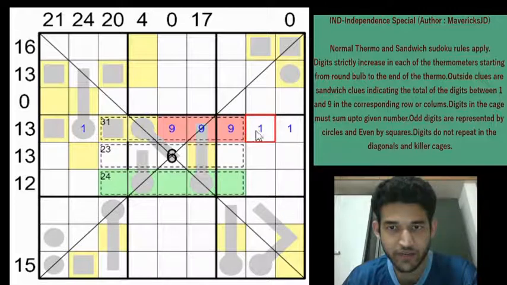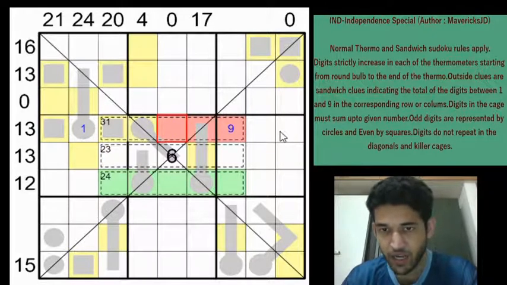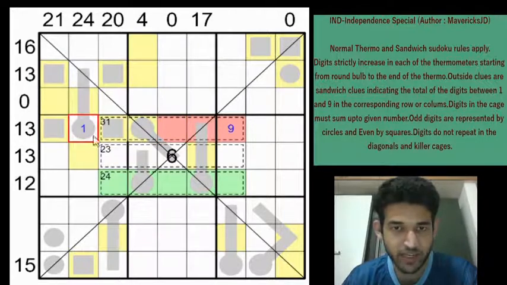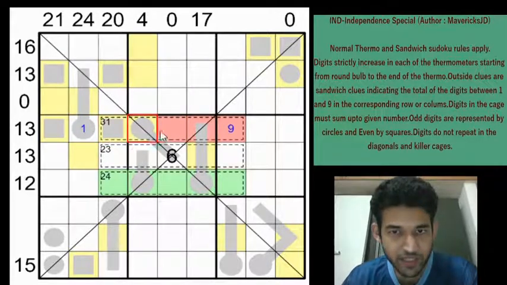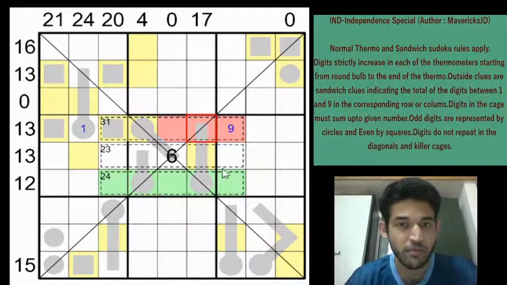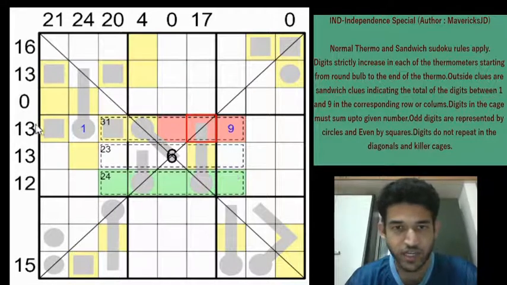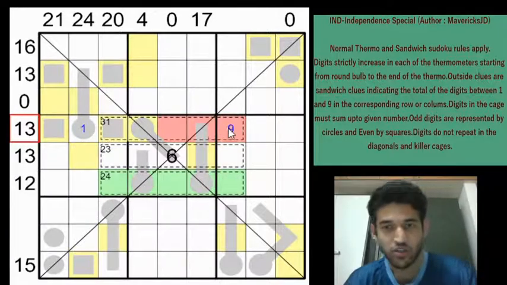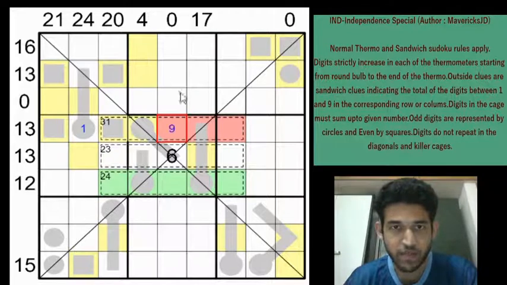When you have a 9 here, the 1 gets eliminated because we need at least 2 cells between the 1 and the 9. So we get a 1 here. There is only 1 cell left. Now we have 3 cells between 1 and 9, sorry, 4 cells in fact, 1, 2, 3, 4. So 4 cells, when you add them, the minimum total without a 1 will be 14. 2 plus 3 plus 4 plus 5, which is 14, which is violating the 13 clue. So you can't have a 9 there. So which means that your 9 in row 4 will be in one of these 2 cells and 1 will be in one of these 3 cells, right?